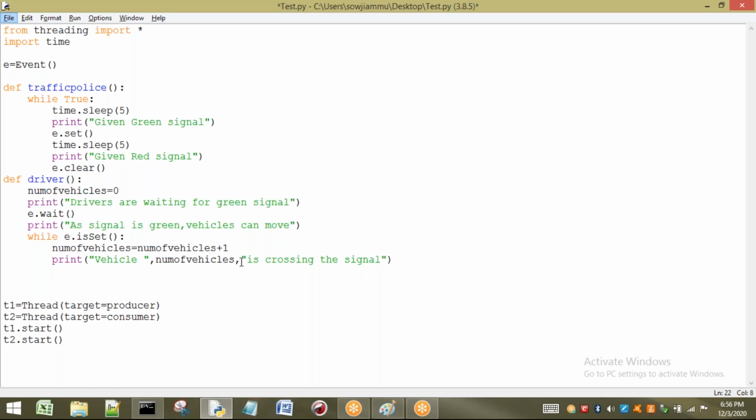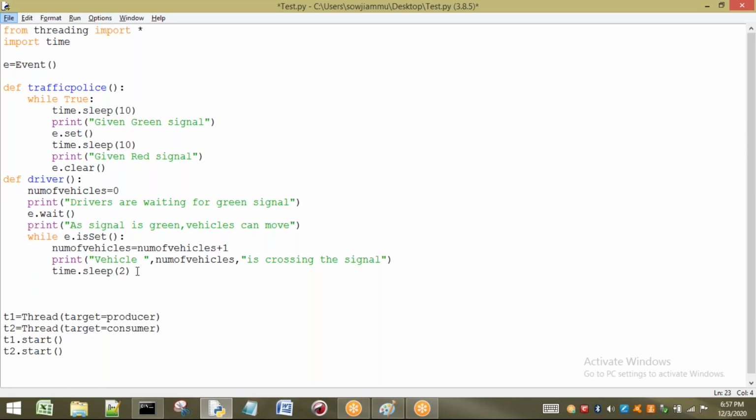Now for every vehicle, let us consider that there is huge traffic, so the vehicles are moving slowly. It will take 2 seconds to cross a green signal. Every vehicle can cross the green signal after 2 seconds only. So here I will take more time so that you can see the output clearly. Here also I will take the output time as more. So here I'll write 10. So time.sleep is 2 seconds. So now it is complete.